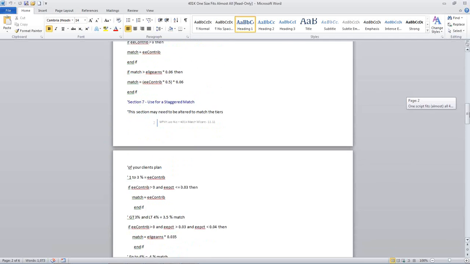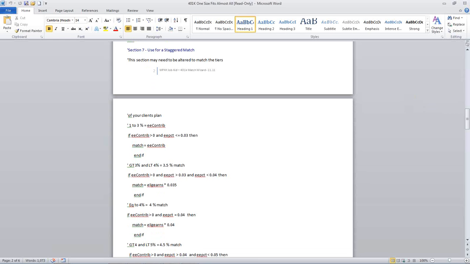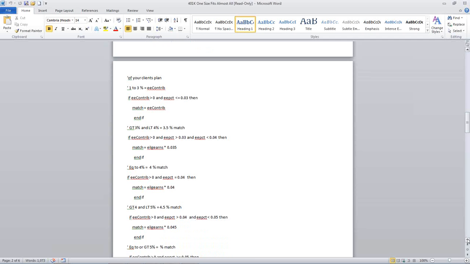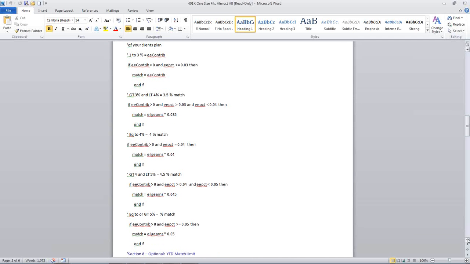The next section is what we'll call the tiered approach or a staggered approach. And these get interesting because some of them just get a little convoluted. So you may have to take what's here and expand it or reduce it depending upon what the client's requesting. So let me get this a little better positioned on the screen so I can get all of the options here. I can't even get it on the whole screen. So it's just about, okay, good.